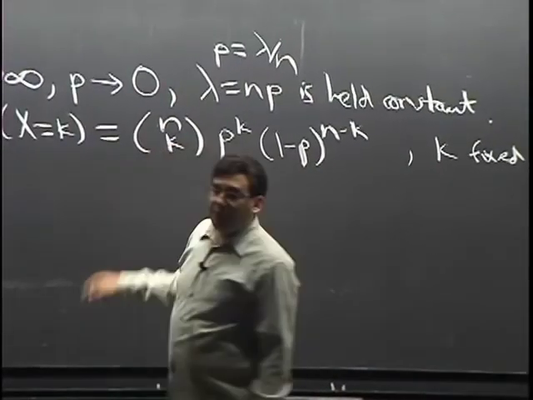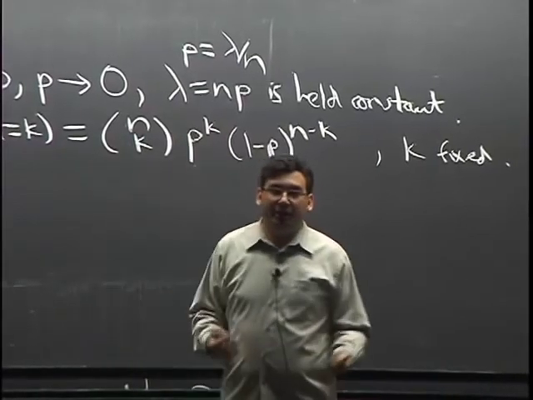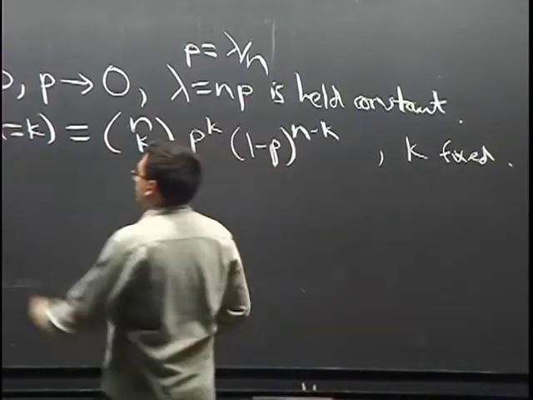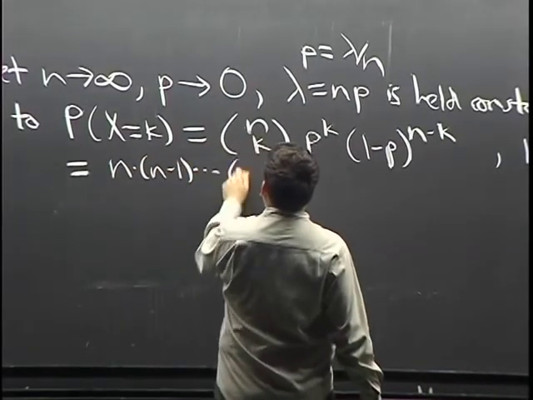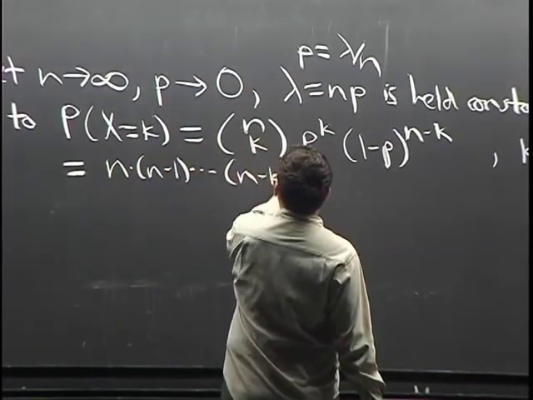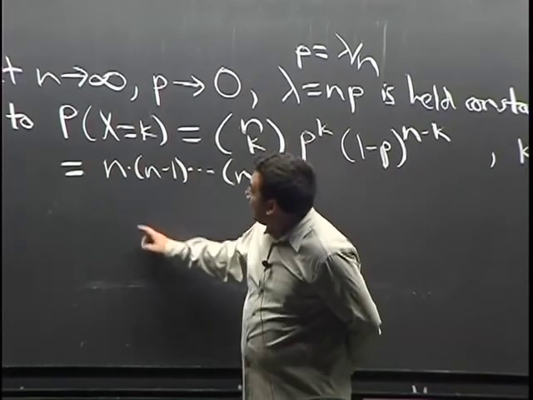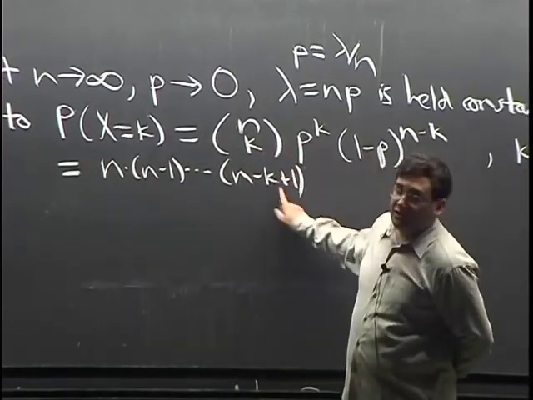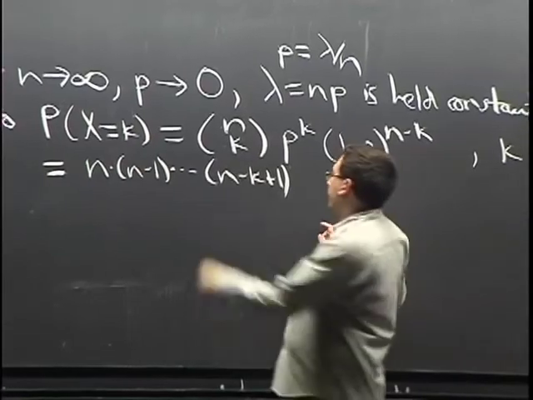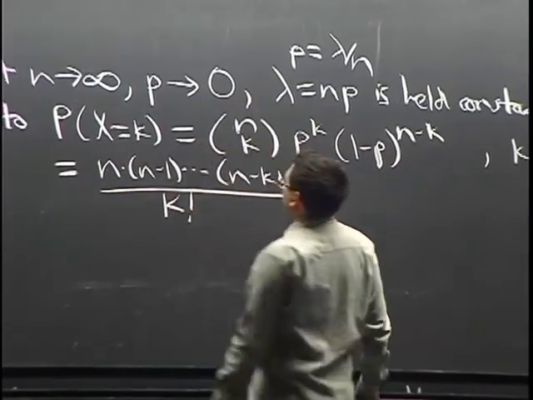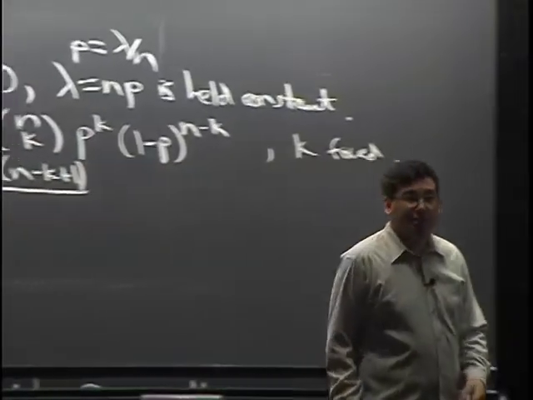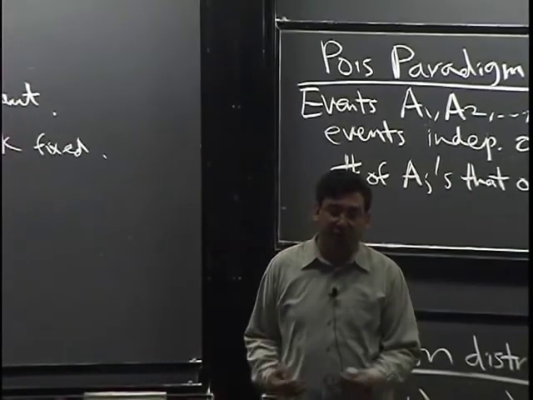N choose k is the number of ways to choose k people out of n where order doesn't matter. So that's the same thing as n times n minus 1, and so on, down to n minus k plus 1. That would be choosing a committee in a certain order, where order matters. Then we divide by k factorial to reflect the fact that order doesn't matter. So that's exactly the same thing as n choose k according to the story,